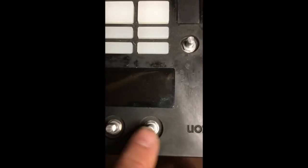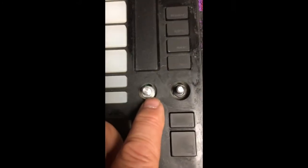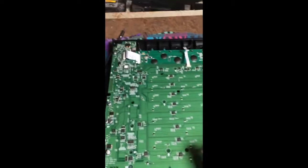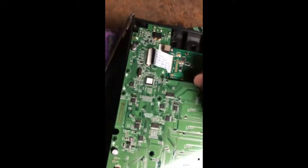Taking off the knobs. That reveals the hex nut that I'll be taking off. So now this whole back piece with the potentiometers comes right out. There it is. I got all the screws out. Had this one other ribbon connector that I had to disconnect,